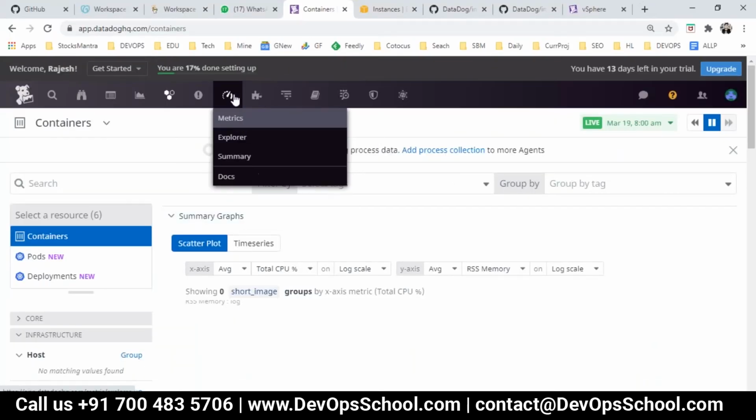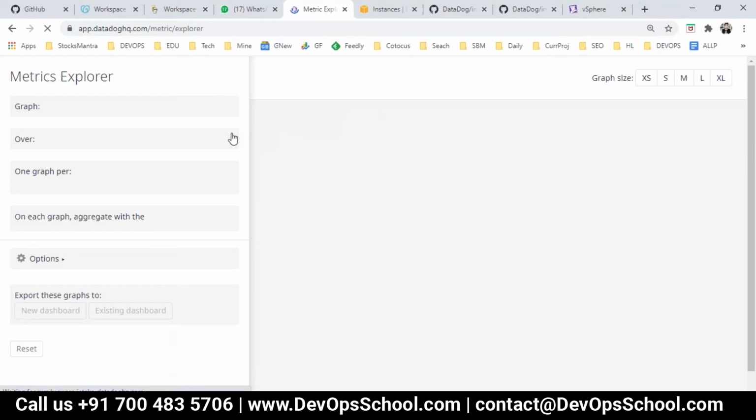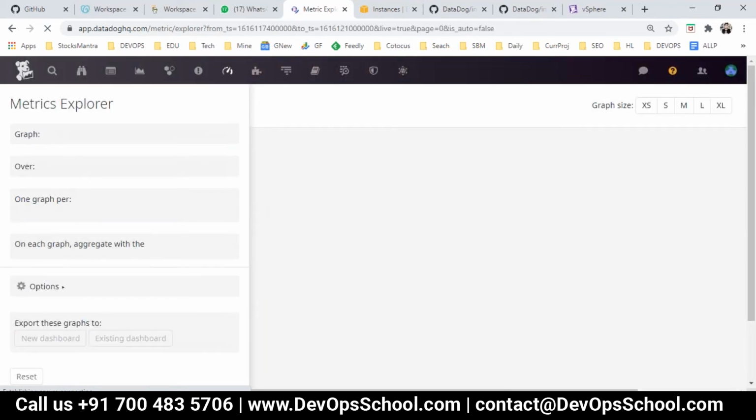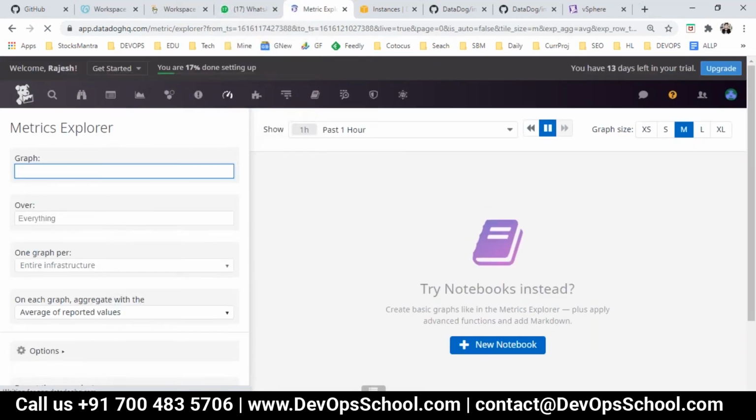So if I go here, I will have metrics only for the one node which I am monitoring right now, but still you can filter it.